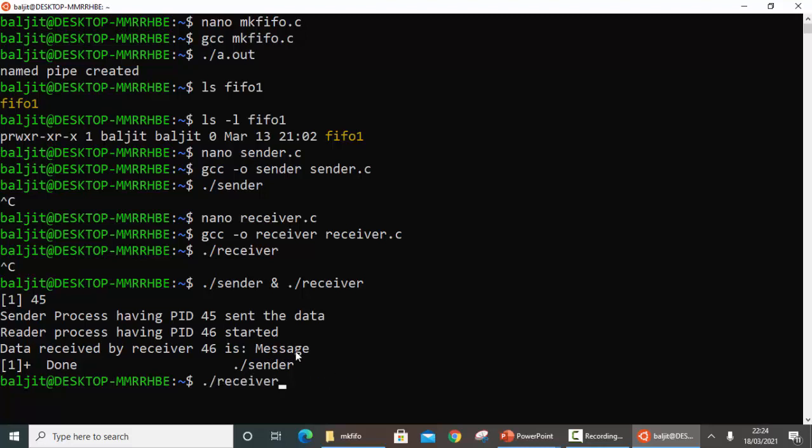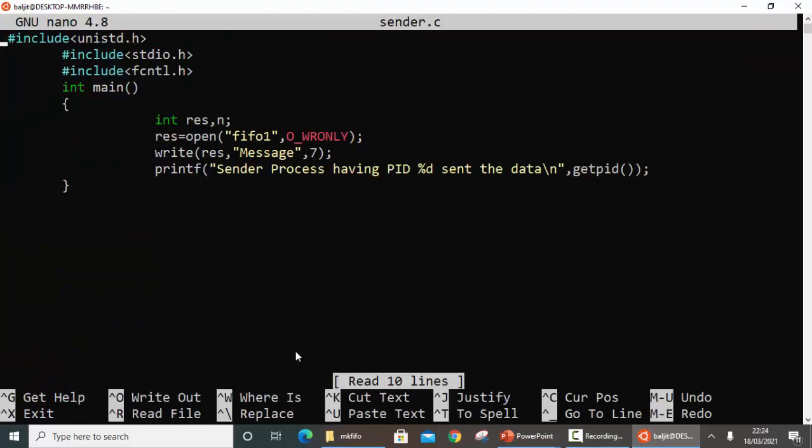You can make some changes if you want to test. So what I am sending now, if I change that here in the right part, what I am going to send is, let's suppose, new data. So what is the length here? 8.